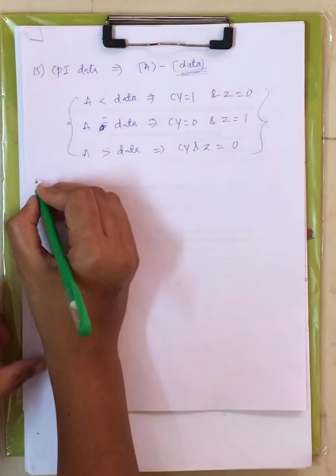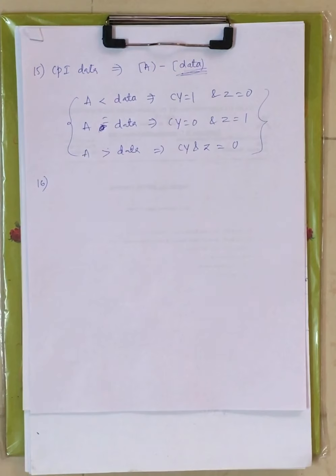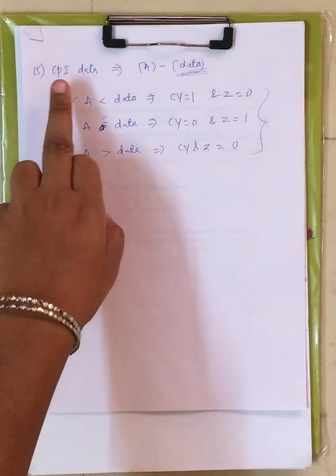Now this is about the 15th instruction. Now coming to the 16th instruction, and next we have the rotate instruction. You have the remaining 4 instructions. Those are the rotate group of instructions, which come under the logical set only, right? Before going to the rotate group of instructions, let me briefly explain.